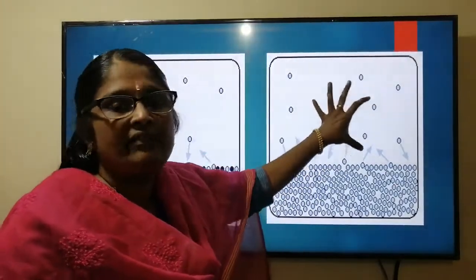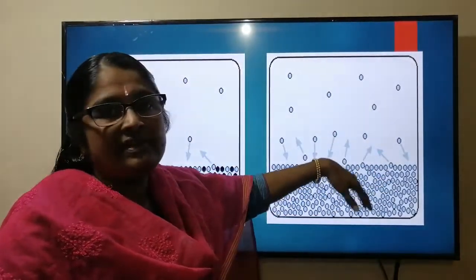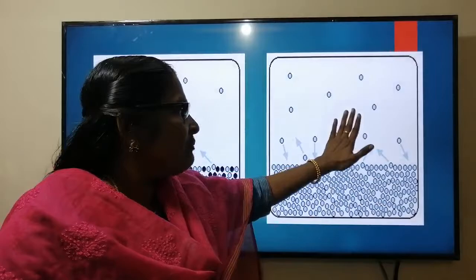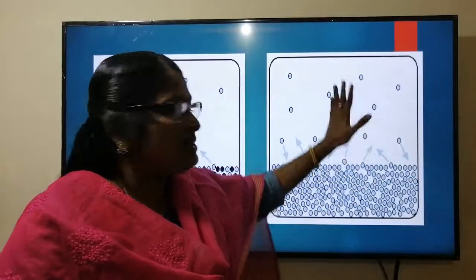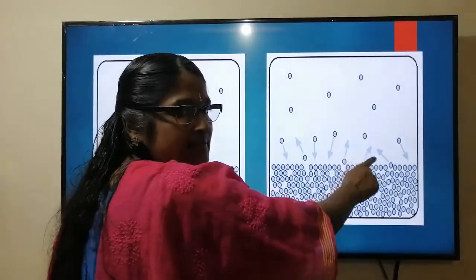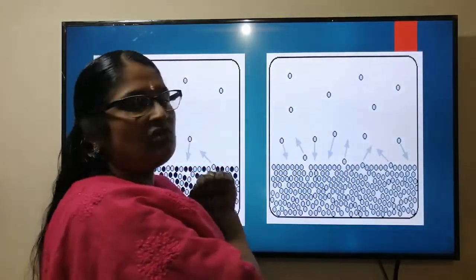Some of the particles will be in the vapor form, and there forms an equilibrium between the particles in the vapor phase and those going back to the solution. That equilibrium vapor pressure is known as the vapor pressure of this pure component. The pressure exerted by the vapors above the liquid at equilibrium is known as vapor pressure of this particular liquid. That is the pressure exerted by the molecules of water in the vapor form, which are constantly moving around and hitting the walls of the container. So definitely there arises a pressure.